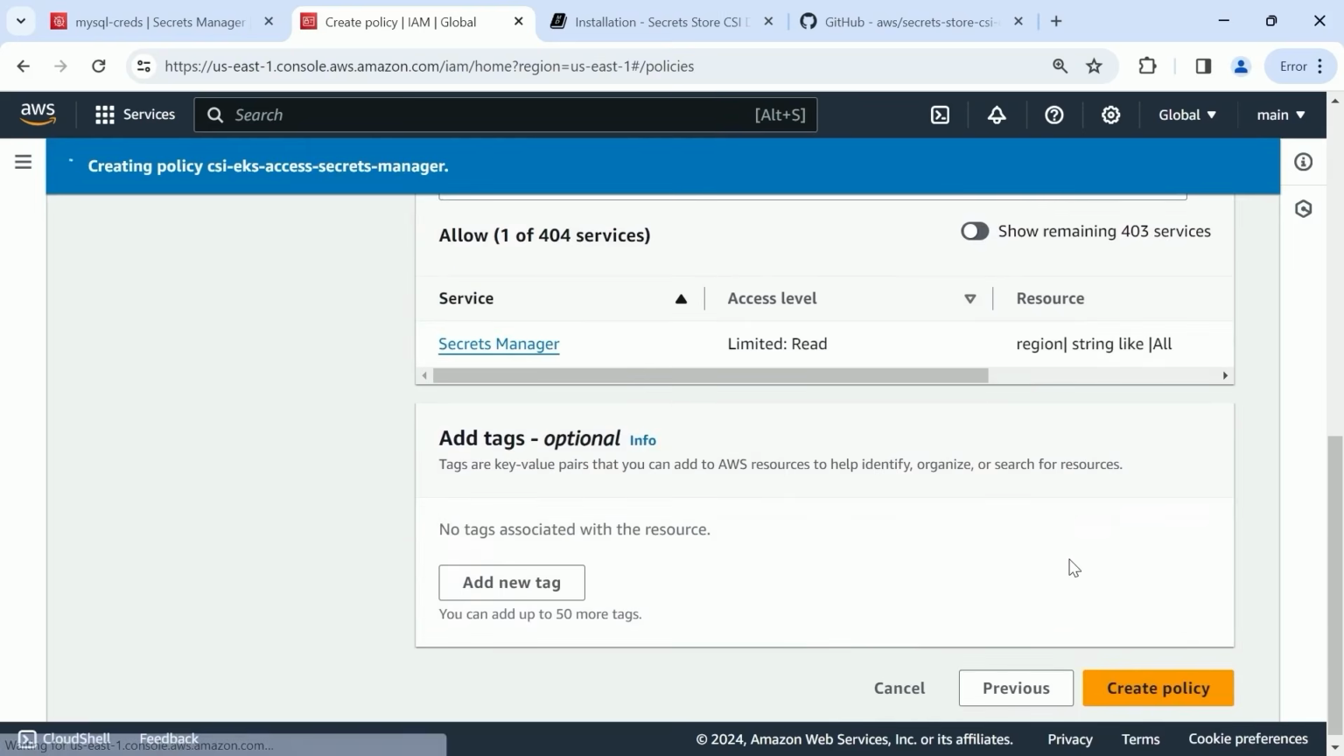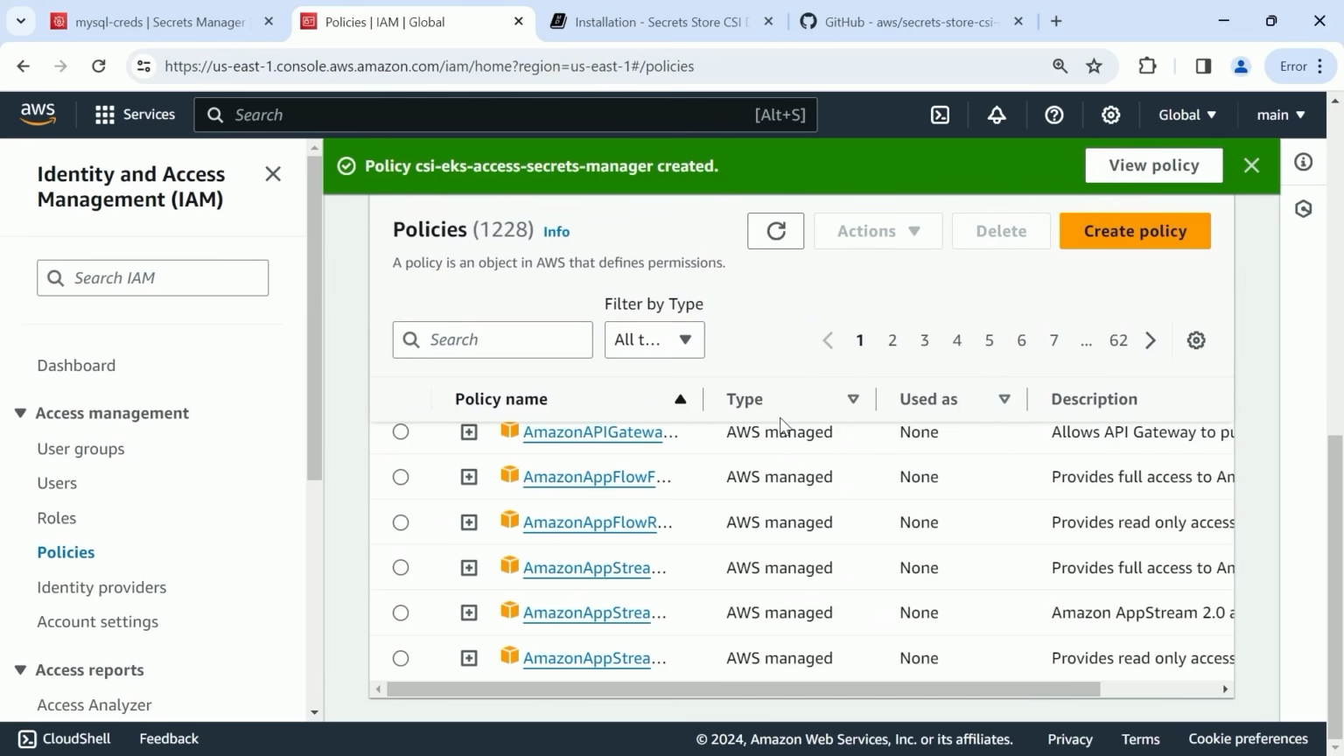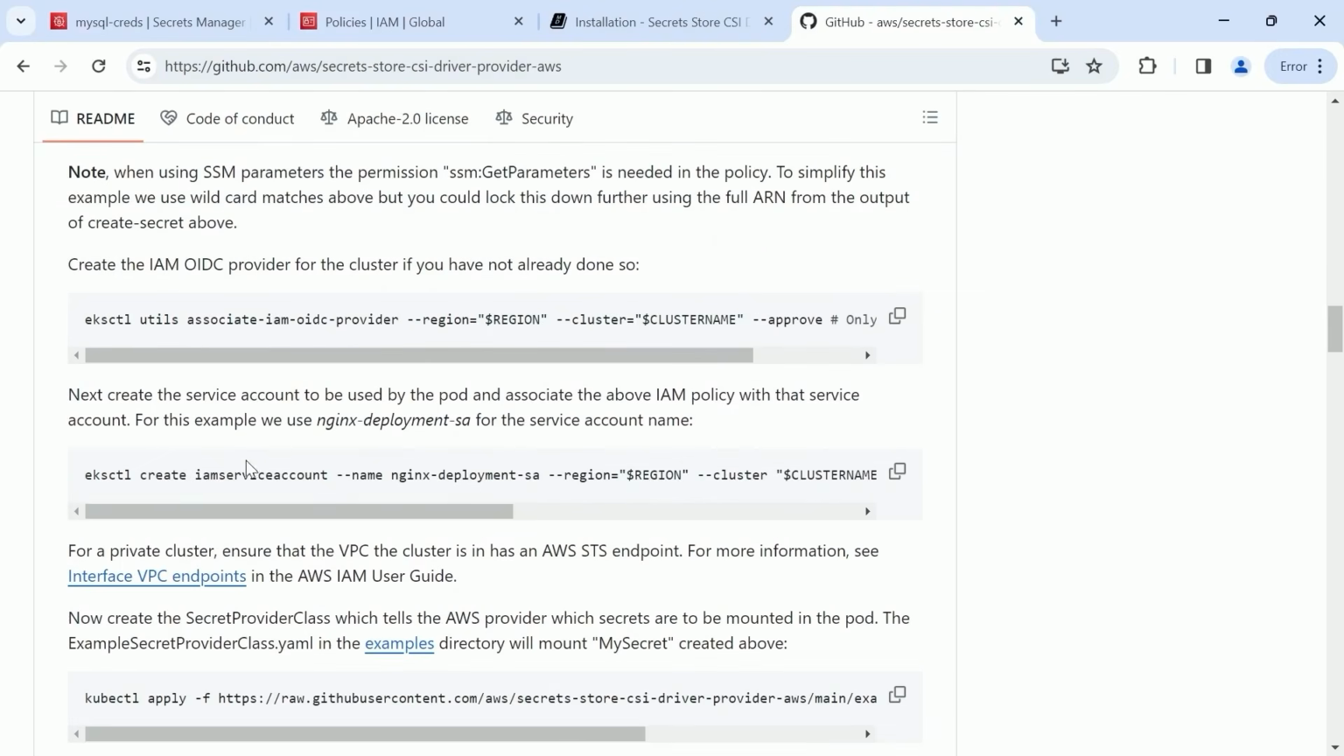And then I'll create that policy. And we shall have successfully created our policy now. Now, if we go back to the AWS instructions, you'll see that there's a couple things that we have to do,